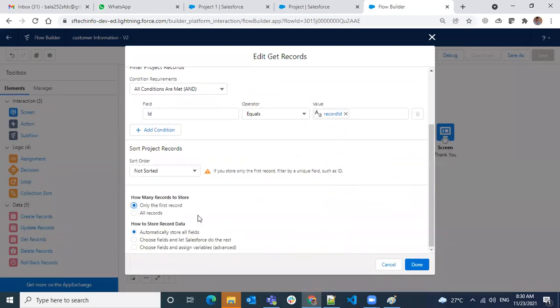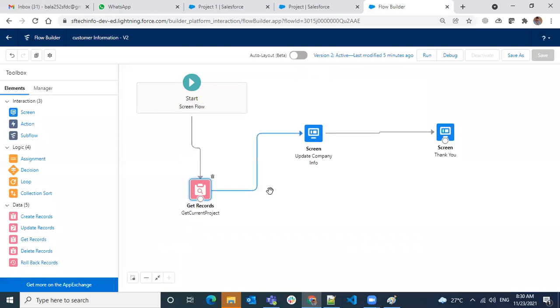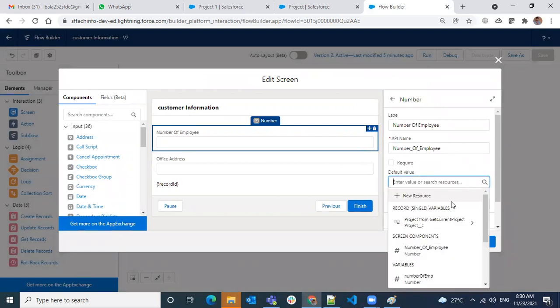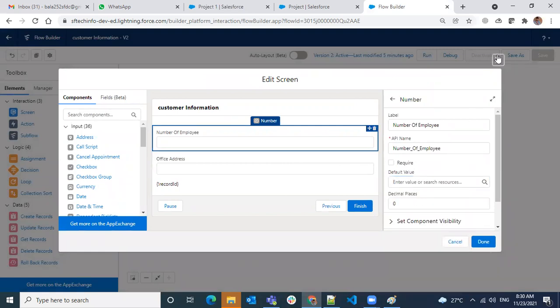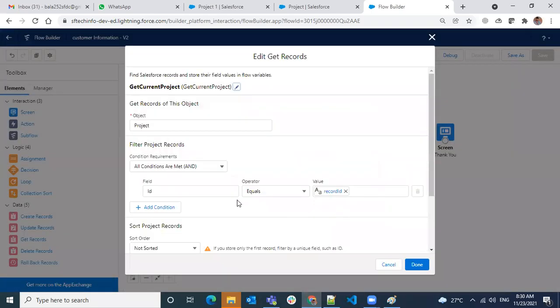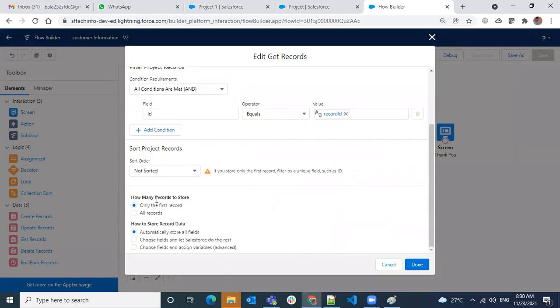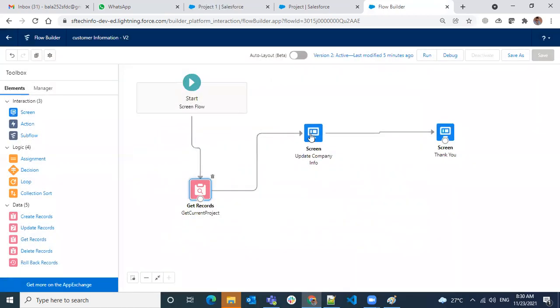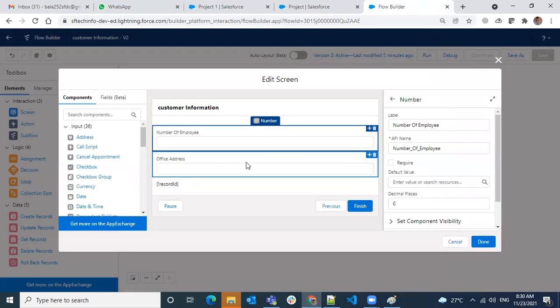So if I'm storing only the first record here, done. I have the assignment. Yeah, here. Okay, now I get it. So before, the data type I mentioned here was all records. When I mention all records, it becomes an array. When it's a list of records, it cannot show which one, it could be 1, 2, 3 records. Which record data it has to take, we are not sure. So we have to make it only one record, then only it will be available here.